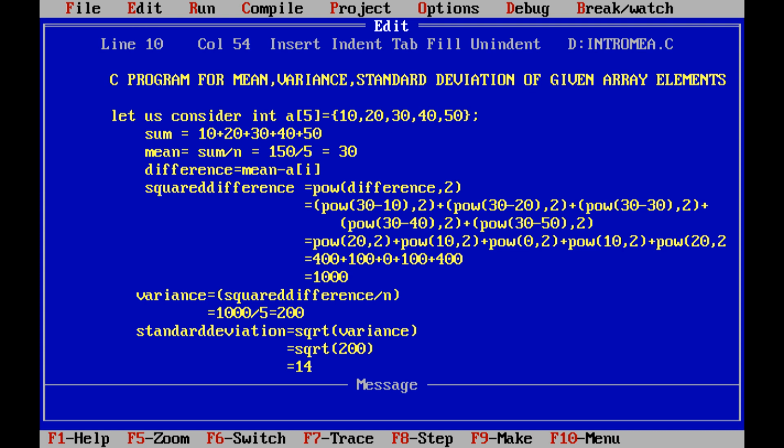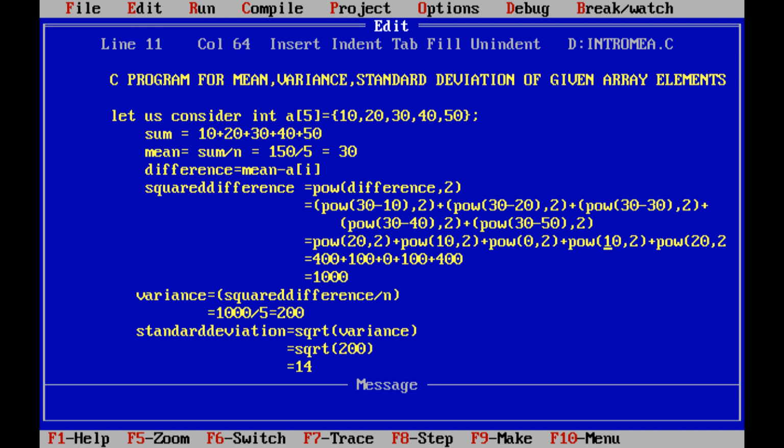Okay, so here difference is nothing but mean minus every element of the array. So that is equal to pow(30 minus 10, which is 20, 2) plus pow(30 minus 20, which is 10, 2) plus pow(30 minus 30, which is 0, 2) plus pow(30 minus 40, which is minus 10, 2), and minus 10 squared is 100.